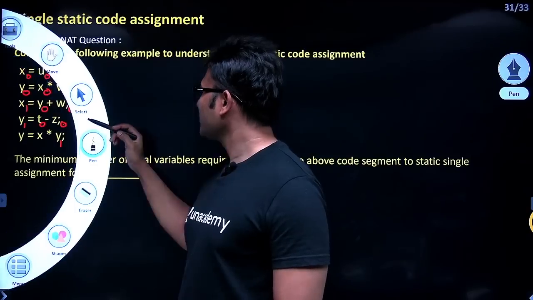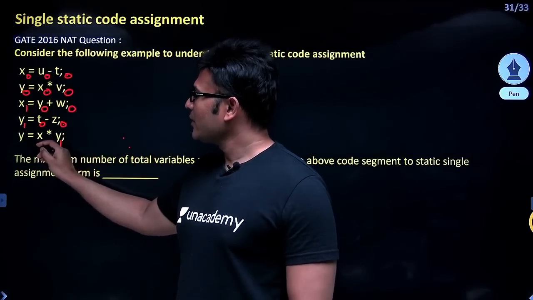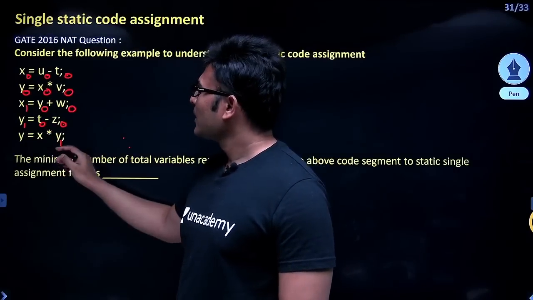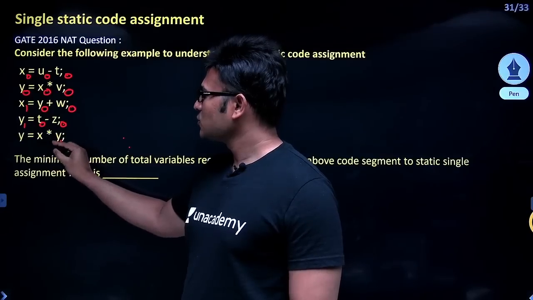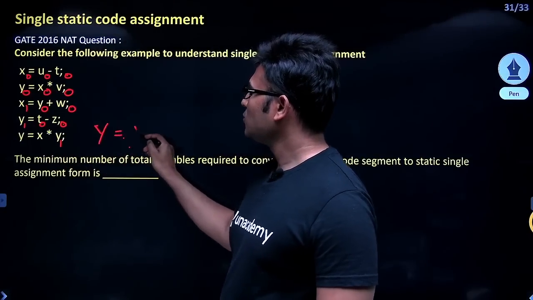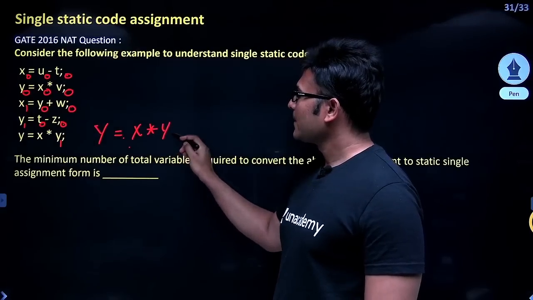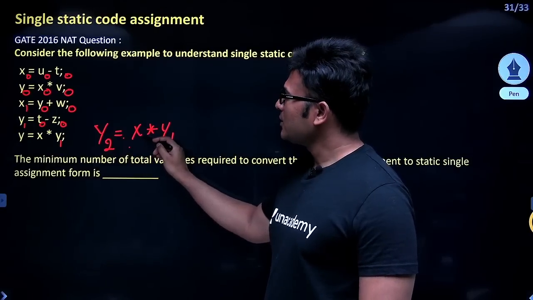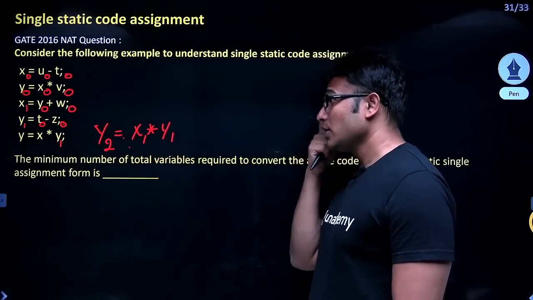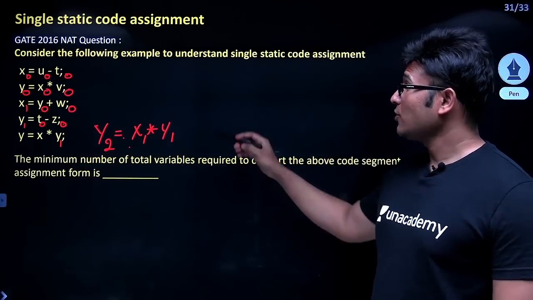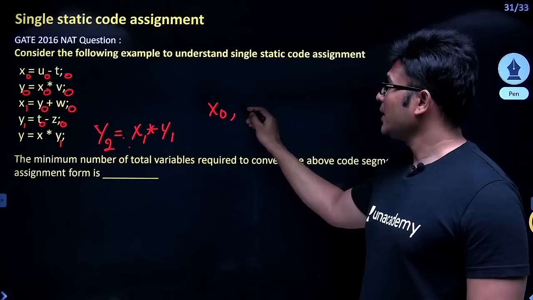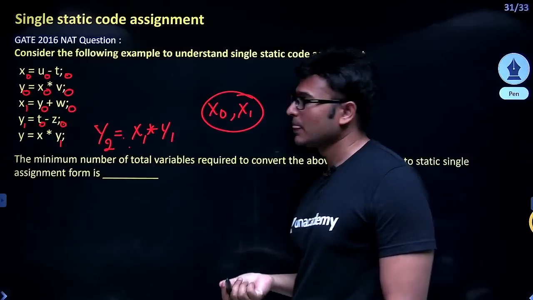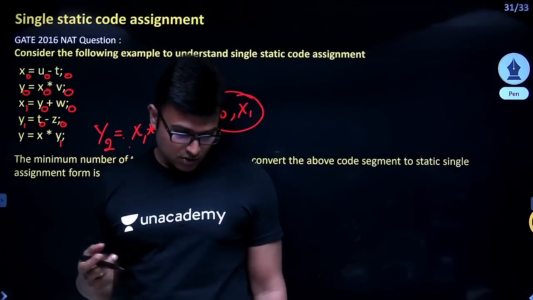I can't, it is not allowing me to write here. So here the value is 2. Here the value of y is 2 and x is 1. So here y equal to x into y, it is 1, this is 2, this is the old value and it is the new value, and it is x1 only. Now you count the total number of variables. You have to count x0 and x1 as different values. So that is static single assignment. These are all the important questions.